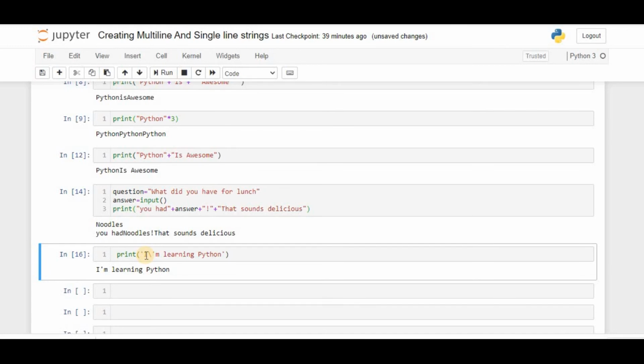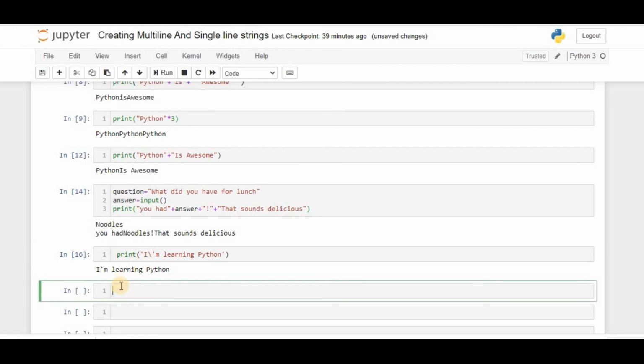If you want to get a new line, you have one more special character, that is \n. So whatever statements you want to come on a separate line, like Hello John, you write a backslash n.